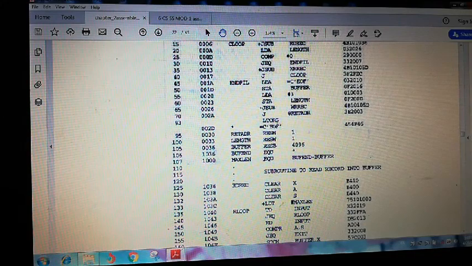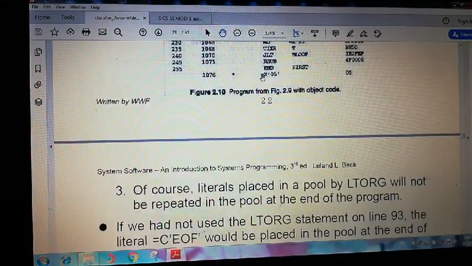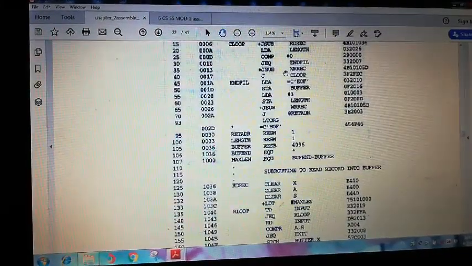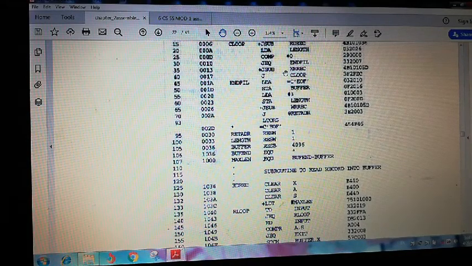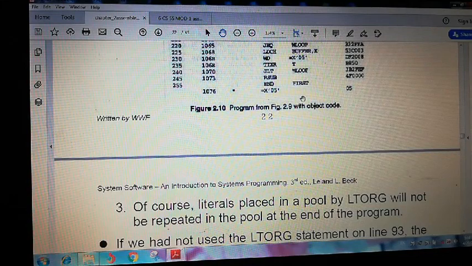Instead, if you don't want it here, you can also write it at the end without using LTORG. Okay, got the point? The literal pool should always be right at the bottom end of the program, or else you can use it anywhere in the program by using that keyword LTORG. For that, I am defining LTORG here. Above that, I am writing whichever literals are defined. Once you define the literals in LTORG, there is no need to define them once again at the end of the program. Because of that, I have not defined them here.